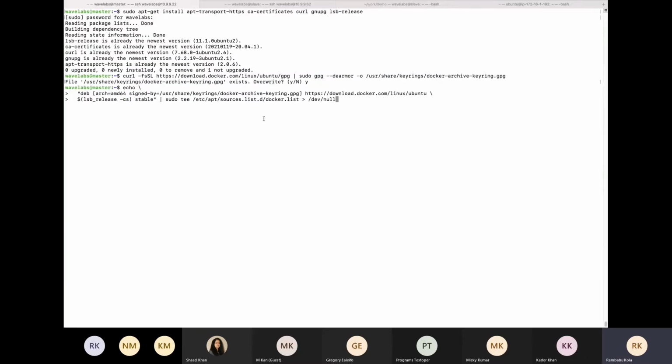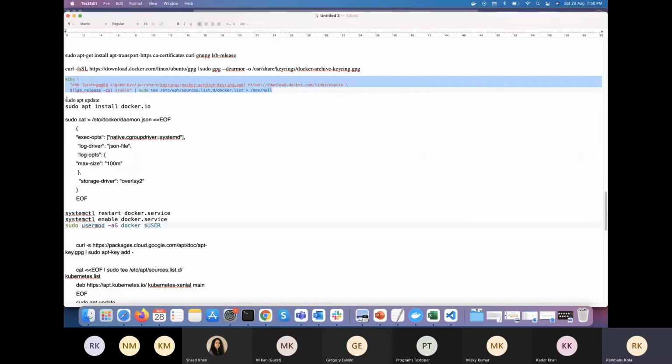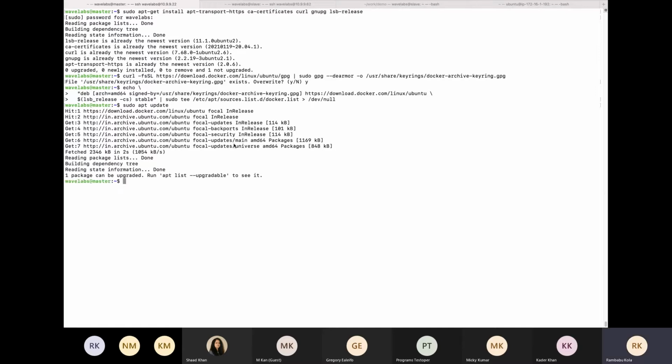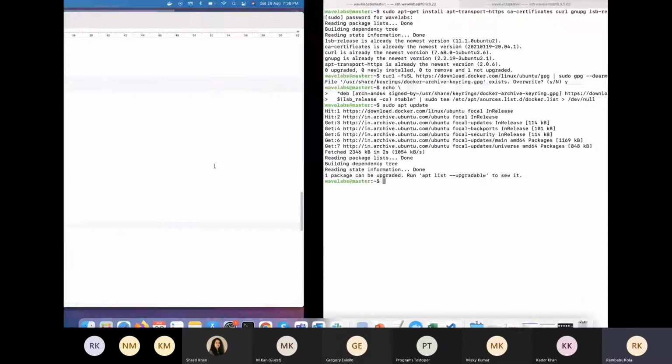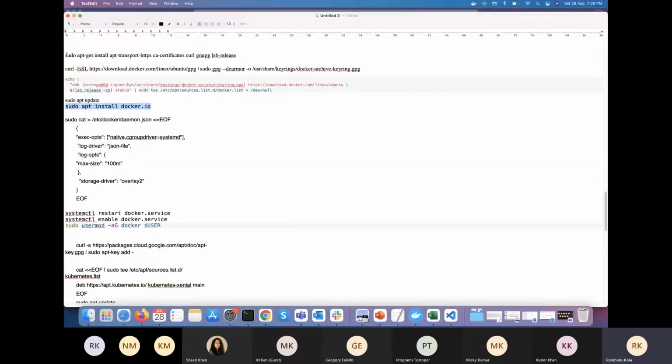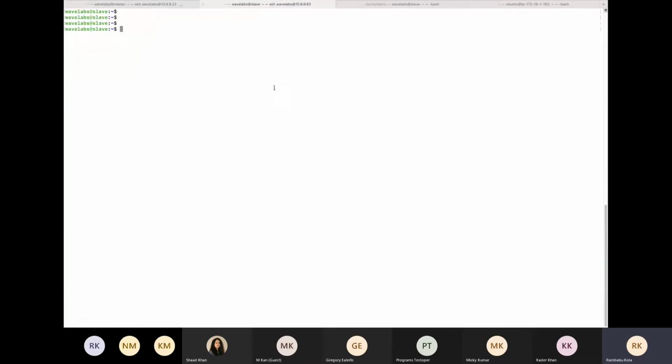I think I already covered these steps in the Docker video itself. We need to install Docker as the container runtime, so I'm just installing those again. We need to do this on both servers. I mean, on however many nodes we are planning, we need to install everything. Here I'm taking my scenario of two nodes: one master and another worker node.